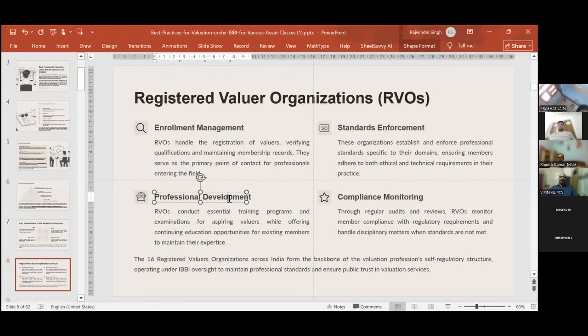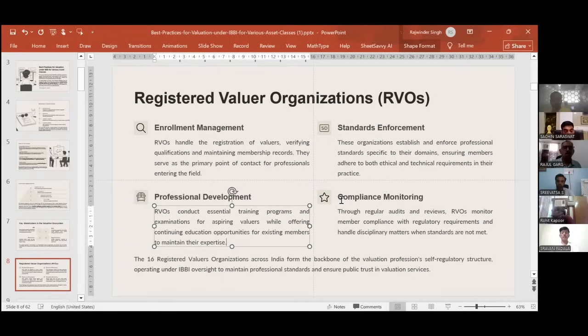All of us are attending this professional development program. RVOs conduct essential training programs and examinations for aspiring valuers while offering continuing education opportunities for existing members to maintain their expertise. And then all of you are attending today's class for